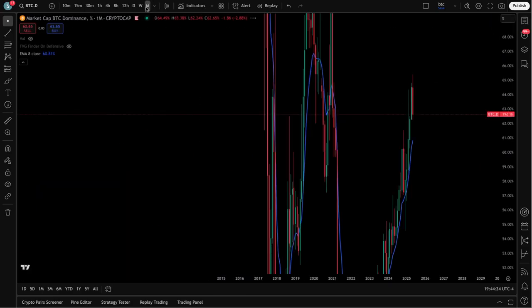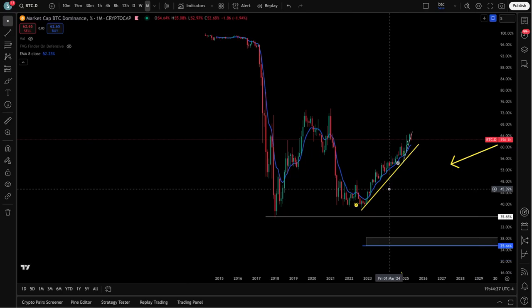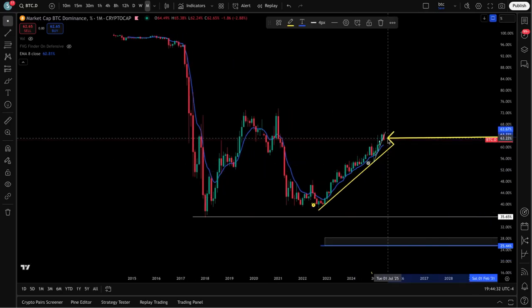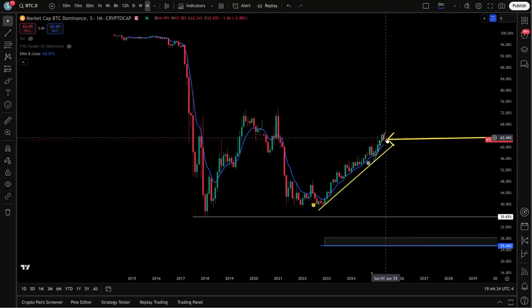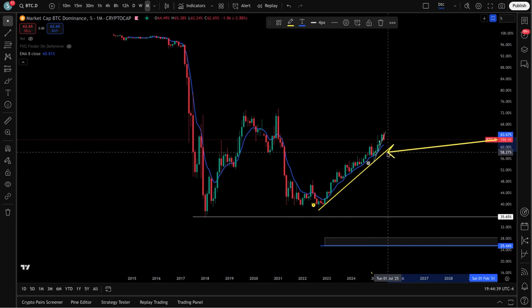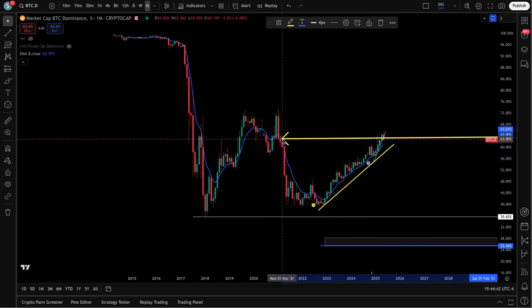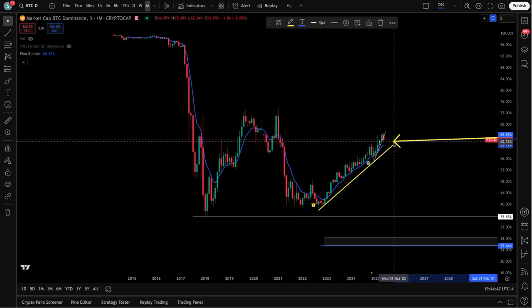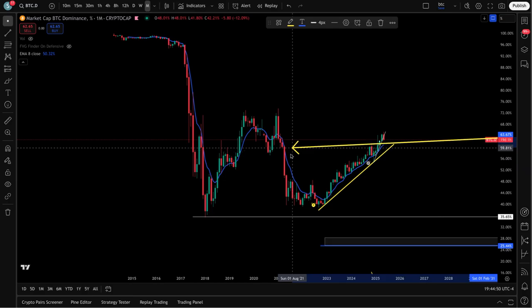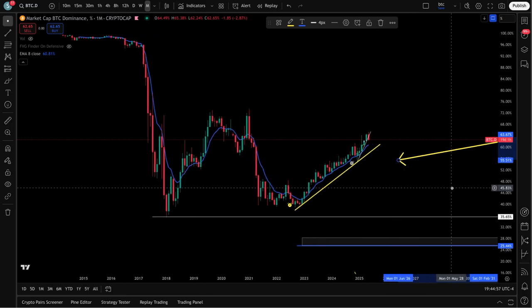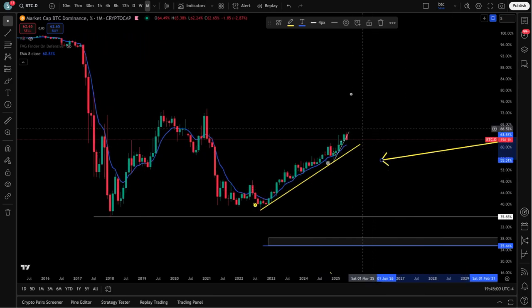And if you zoom out and look at this move, it is nothing in the bigger picture, right? That move is right there. This is the line here, the big yellow one, that we want to see break. Once that starts, look out. The last alt season lasted about 6 months. Is this one going to last that long? I don't know. It's hard to say. You start getting big, huge candles, it could go pretty quick. I would expect probably at least 90 days, 3 months of alt season action.